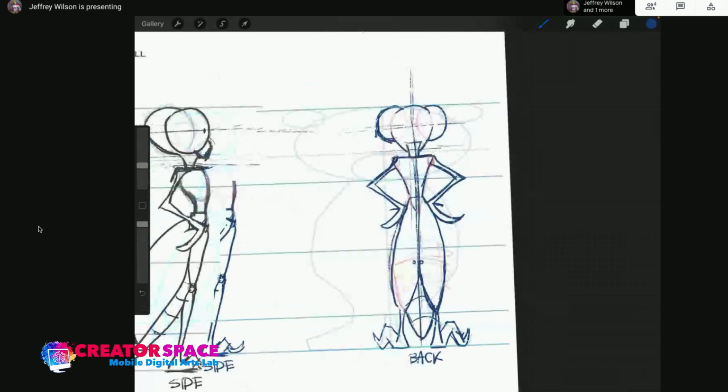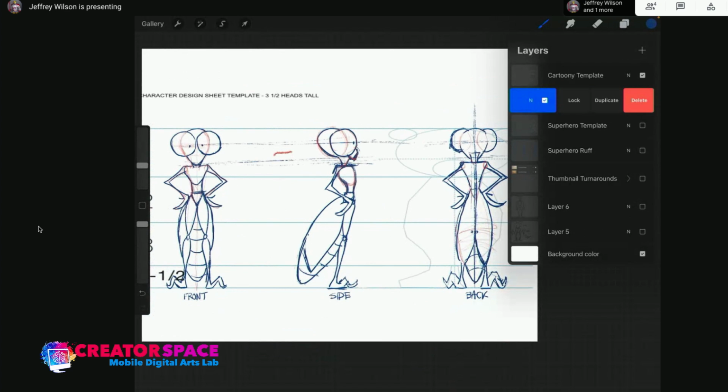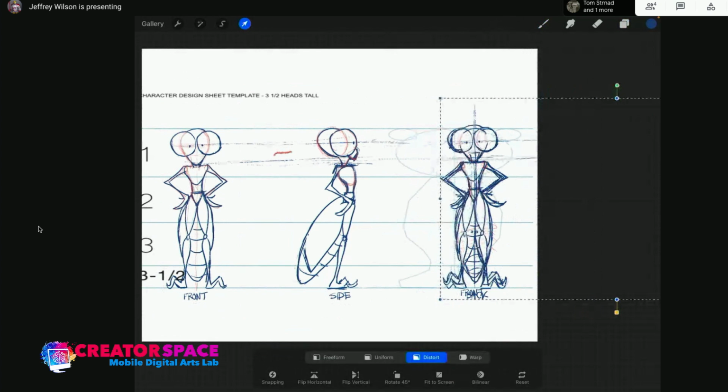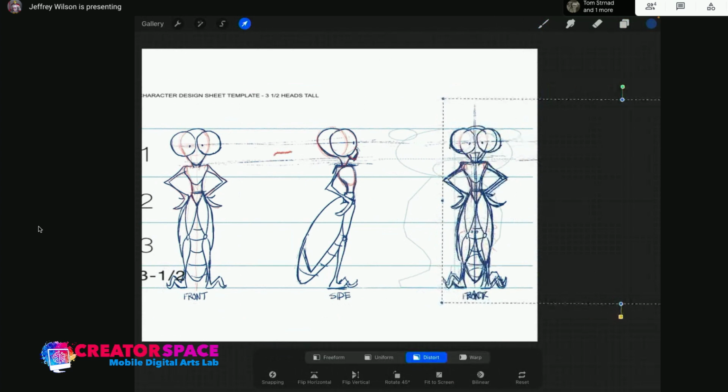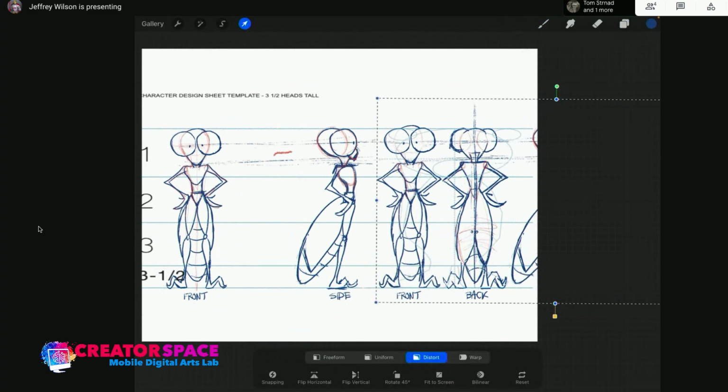And again, I'm seeing the front and back are pretty close here. They're very close, actually. And the way we can do that again is to duplicate that scene, and we can move. And look at that. That's pretty close to what we wanted. That's exactly what you want right there. You want the front and back scenes to be basically mirror images of each other. Everything should be in exact volumes, exact proportions, exact shapes, except one is a rear view, so you need to see the rear view